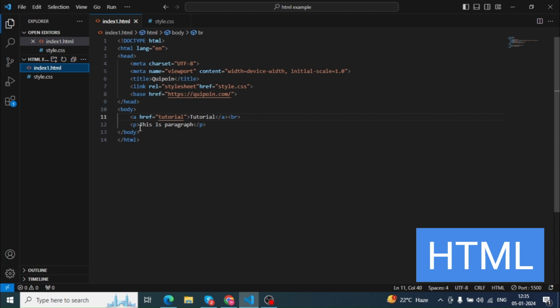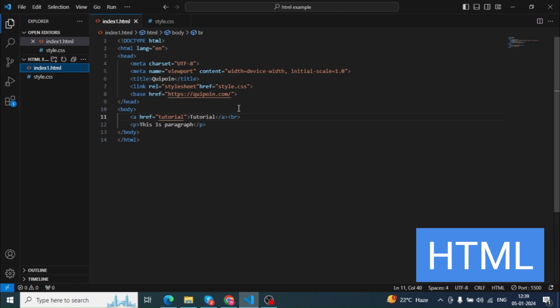The base URL is always written in the head tag, and you can have only one base tag for one document. If there are multiple base tags, only the first one will be considered. This is all about the base element in HTML.